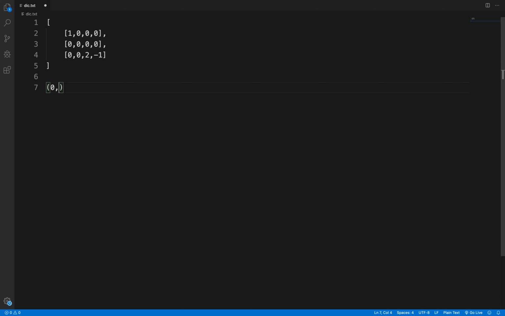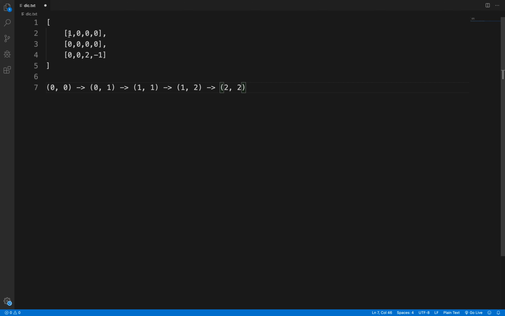Here our starting position is 0 0. From 0 0 we can move to the right, which is 0 1, and from 0 1 we can move to the bottom, which is 1 1, and from 1 1 we can move to the right, which is 1 2, and from 1 2 we can move to the bottom, which is 2 2.